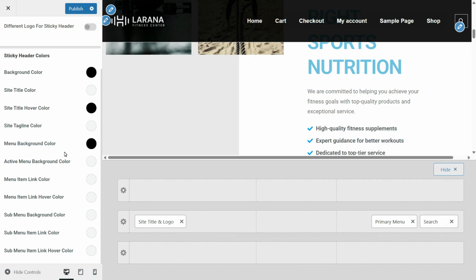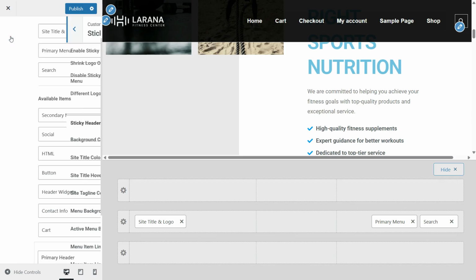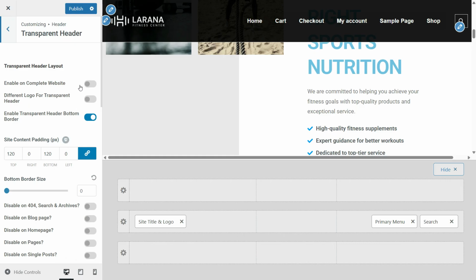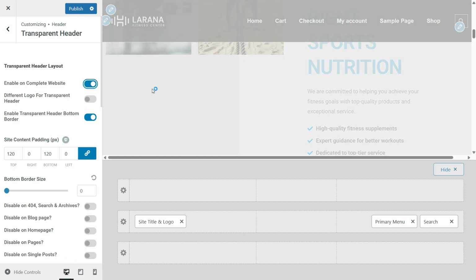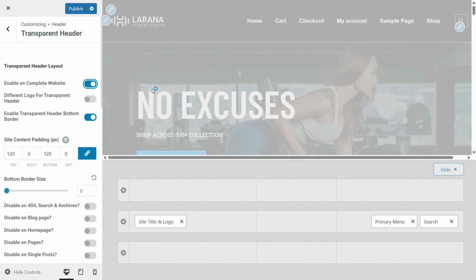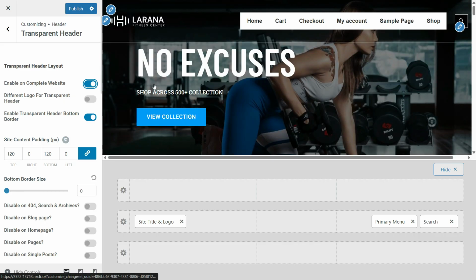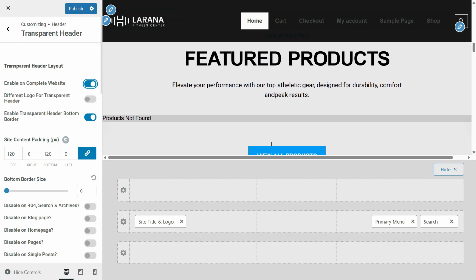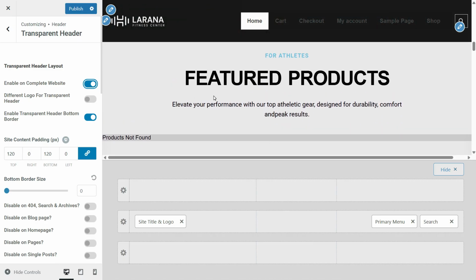Now, another very interesting feature that responsive theme header builder provides is transparent header. To enable this feature, toggle on this button, enable on complete website. So now you can see the background color has been removed and you can only see the header elements. So under this you get various settings such as different logo for transparent header if you want.